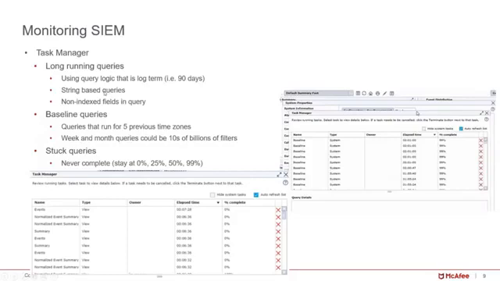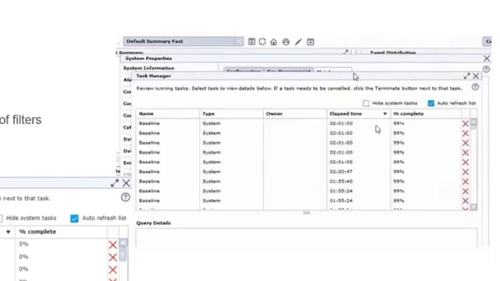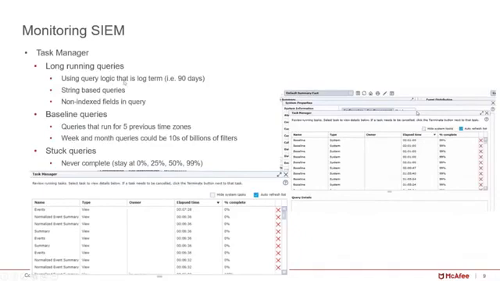The reason Task Manager is really valuable is that it helps us see when there are things that aren't running okay. I've listed a couple conditions that you'll see inside of the Task Manager. One is long-running queries. If you look to the screen to the right here, you can see I've got a query that's run for 2 hours and is only 99% complete. Things that cause these long-running queries are usually query logic. For instance, if you've run 90-day queries,